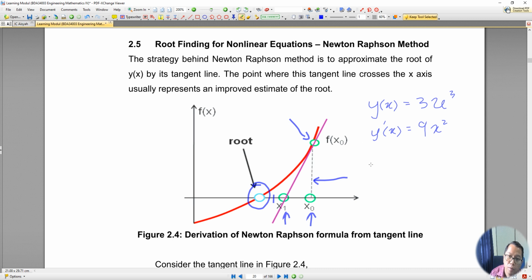But what happens if the equation is something like this, maybe 2x ln x to the power of 3/2? It is quite tricky. So in this case, by using the Newton-Raphson method, you have to strengthen your calculus from Mat 3.